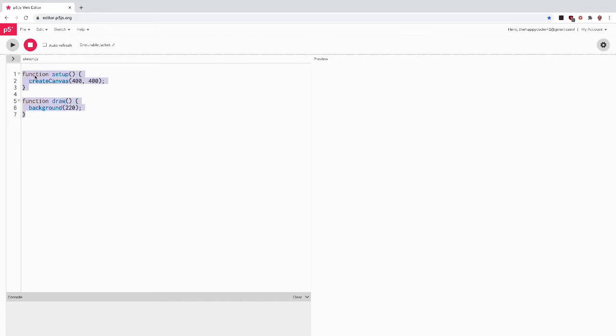So the first thing I'm going to do, believe it or not, is delete the code there. First off, we're just going to do something really basic. The first line is function setup. What this is going to do is, like a block of code, it's going to go inside these curly brackets, or braces as they're called. And